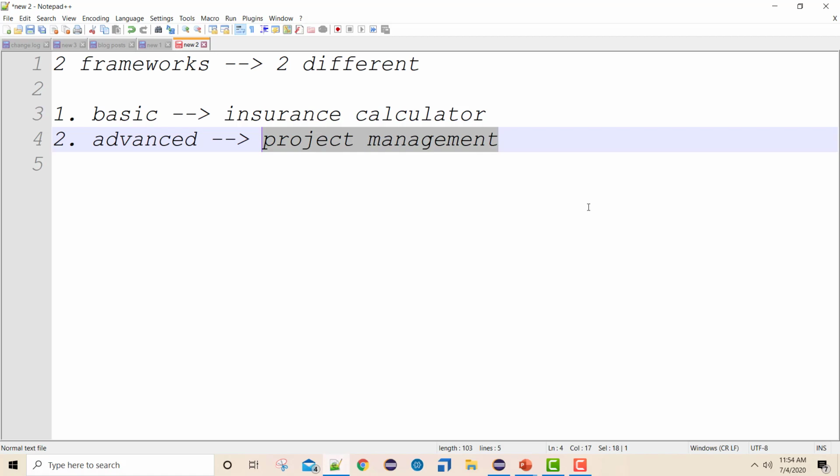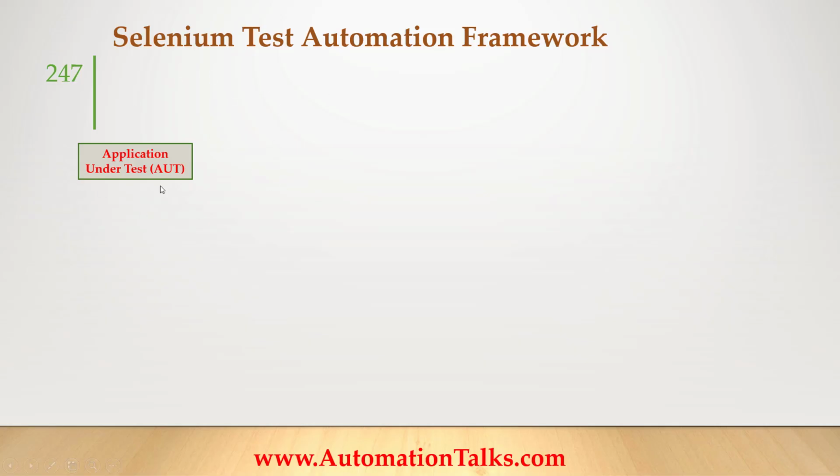I'll walk you through both the applications as and when required, but the very first thing I have in my framework is the application under test. Now you must be knowing, right? In order to interact with any web element, we need something called locators, right? So what we do is we extract the locators, and it depends on how you are developing your framework. Few guys try to put all the locators into one class, define them as static and call them from there. I personally prefer using the page object model, right? So we are going to put all the locators page by page into different classes, which we call a page object factory, okay.